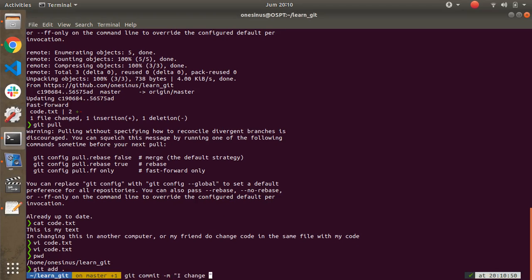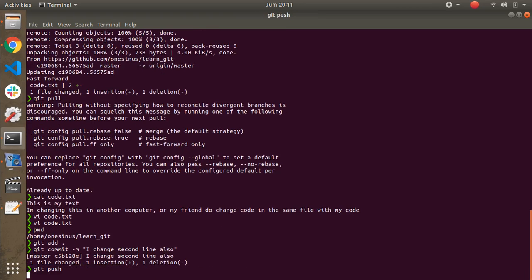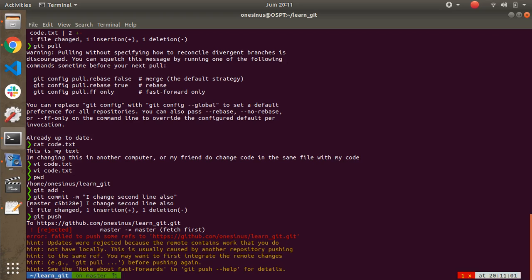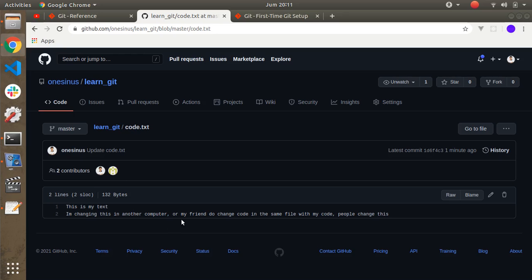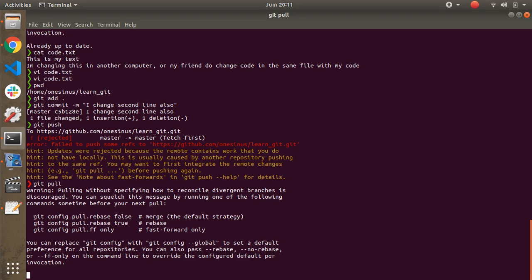I change the second line also and git push, and we cannot push before we git pull first because the repository code has been changed and our local code is not the latest code. So we git pull first, and here we can meet the conflict.